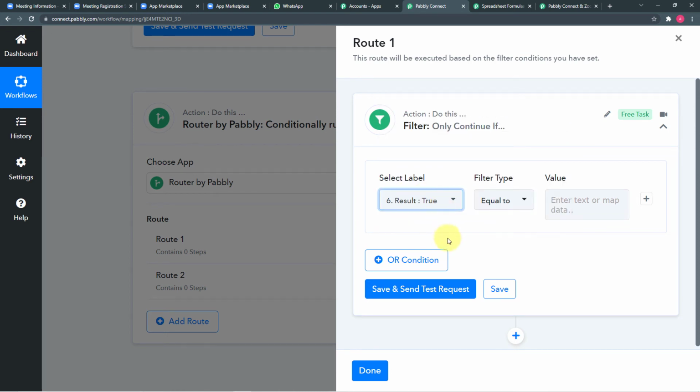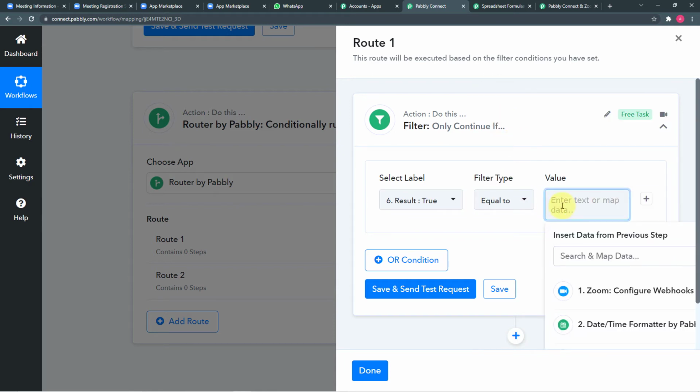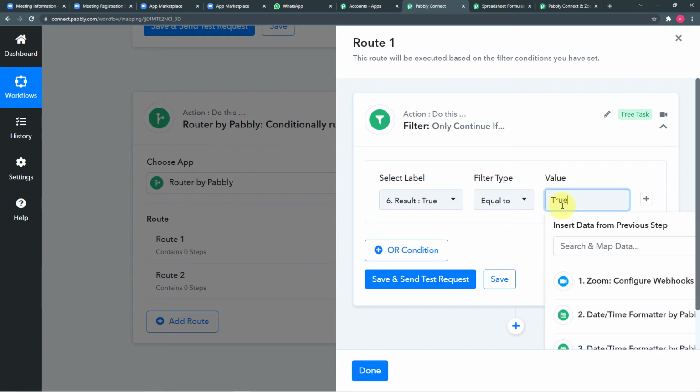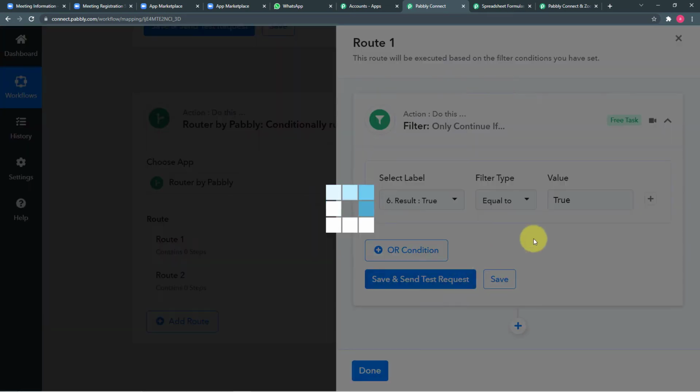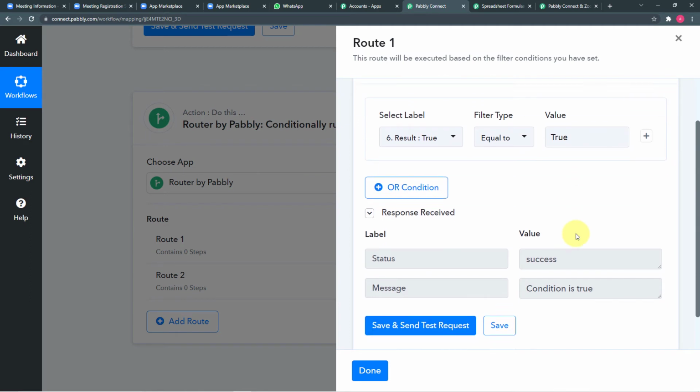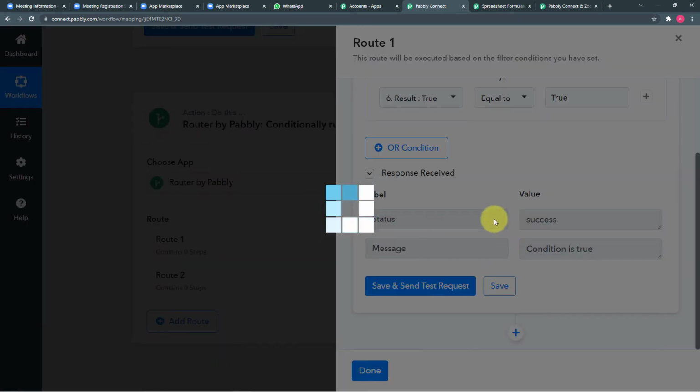Map this true label, make the filter type equals to, and just manually enter here true like this. So we are actually saying when this result label equals true, then only we are going to send the message. When I click here on save and send test request, you can see it is showing the condition is true here. After this, click here on this plus icon here only,